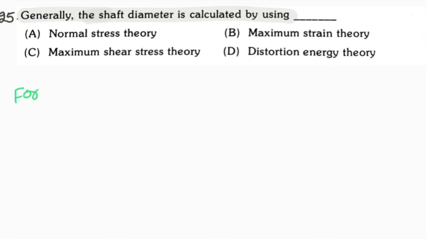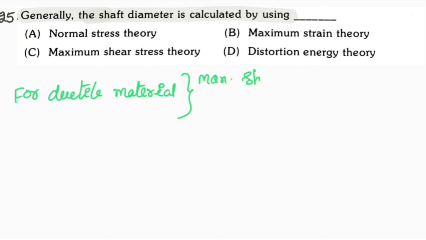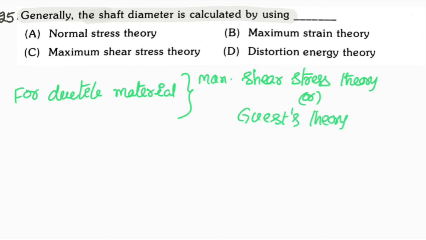For ductile material, we are using maximum shear stress theory, which is also called Guest's theory. Whereas for brittle material,